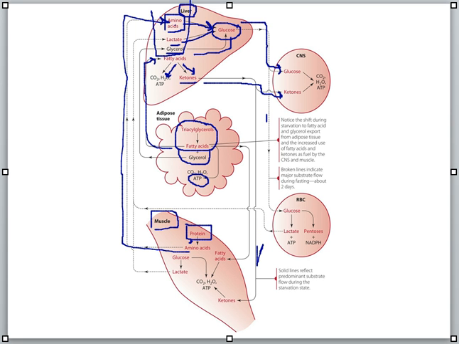There is also glucose available in the muscle tissue, and remember, muscle is a place where glycogen is stored, so the glycogen can be broken down to glucose when needed and utilized, and can also be converted to lactate if necessary to be used as a muscle source. This also shows how ketone bodies can be used by the muscle tissue for energy, and fatty acids can also come in and be used as an energy source.